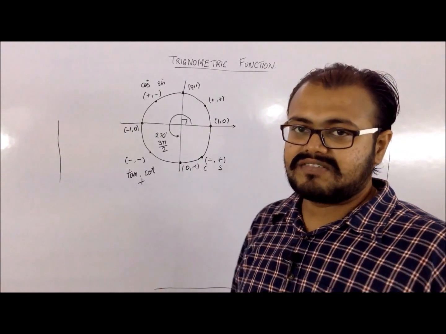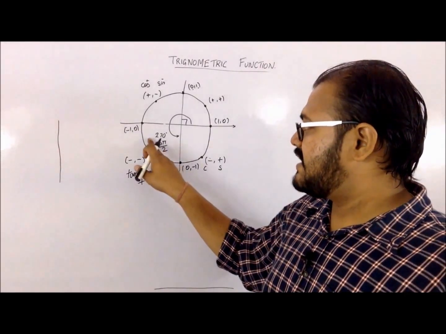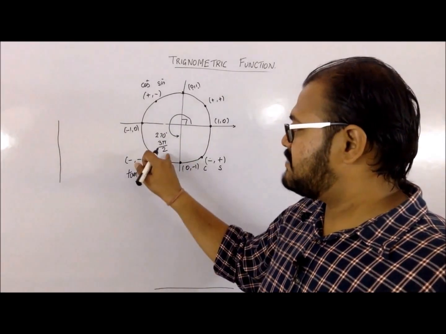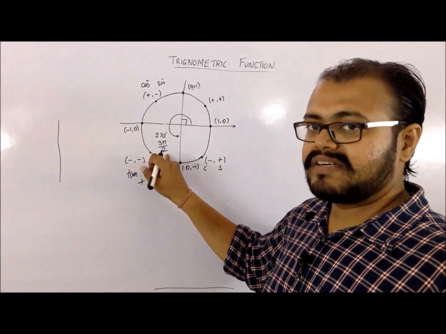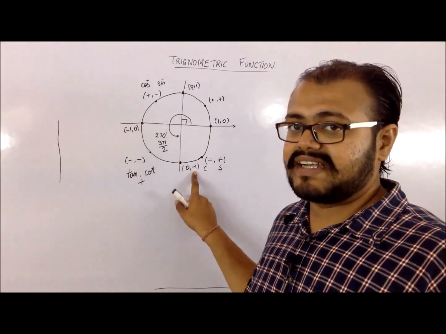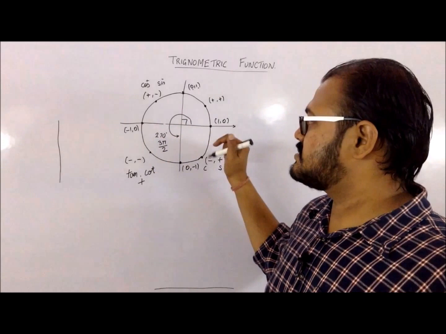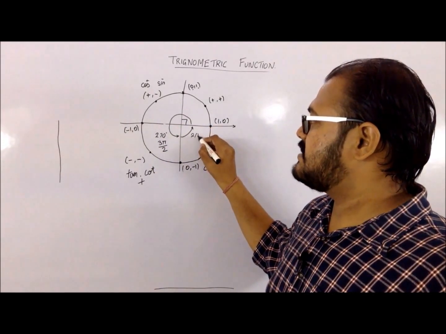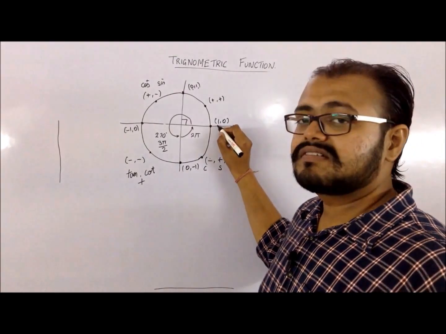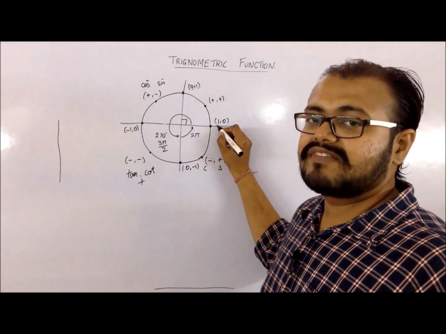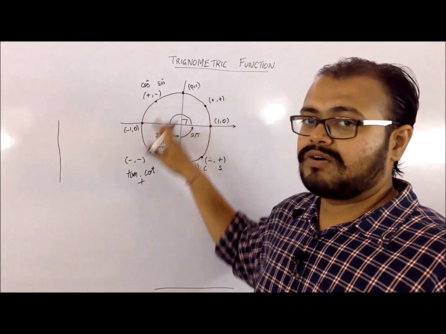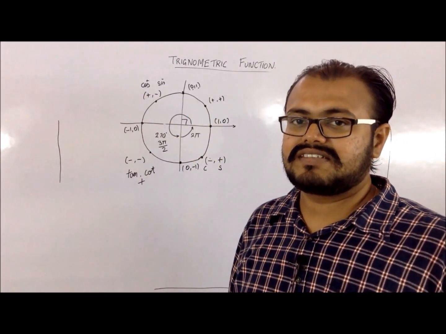If you come to the negative y-axis, you will see that my angle is 270 degrees or 3 pi by 2. So for cos of 3 pi by 2, I will have the answer 0, and for sine of 3 pi by 2, I will have the answer -1. If I make the full circle, the angle becomes 2 pi or 360, and again the value becomes the cos. For cos of 2 pi, I will have the value 1, and sine of 2 pi, I will have the value 0. I can go on and on along the circle and get the values in a repeated fashion.